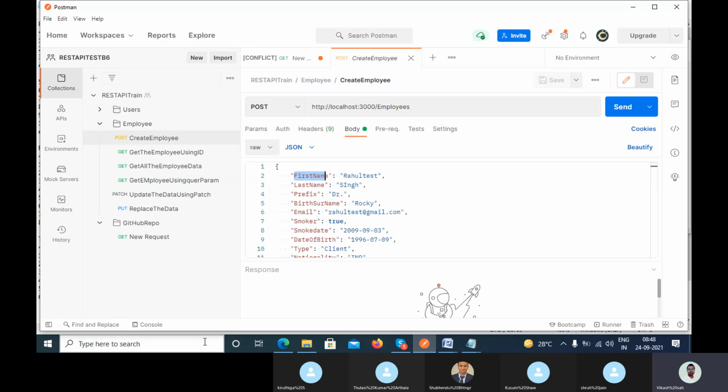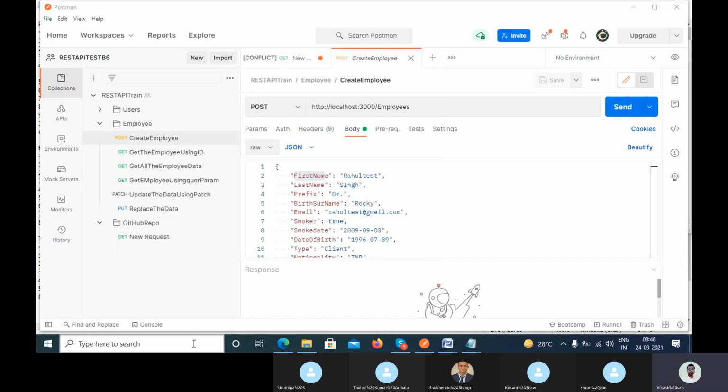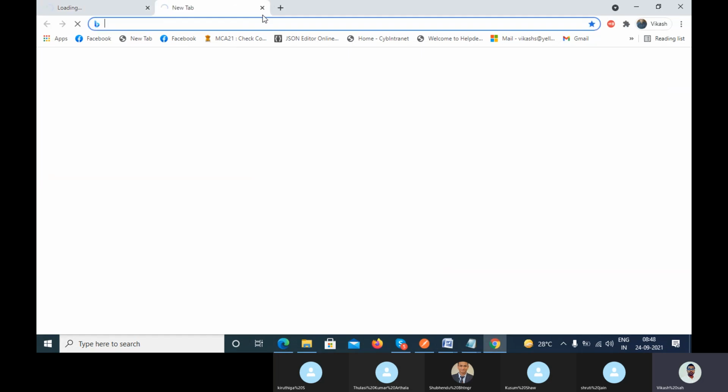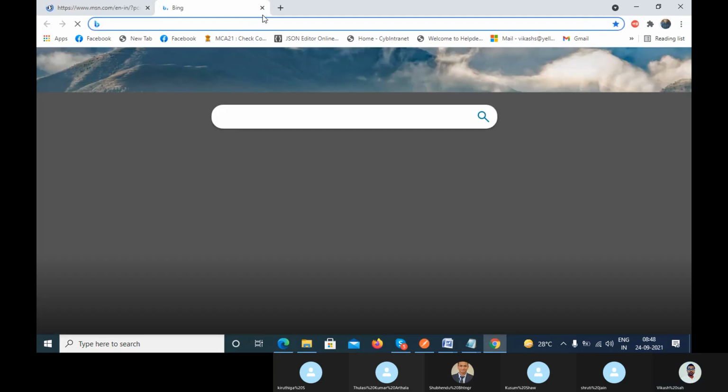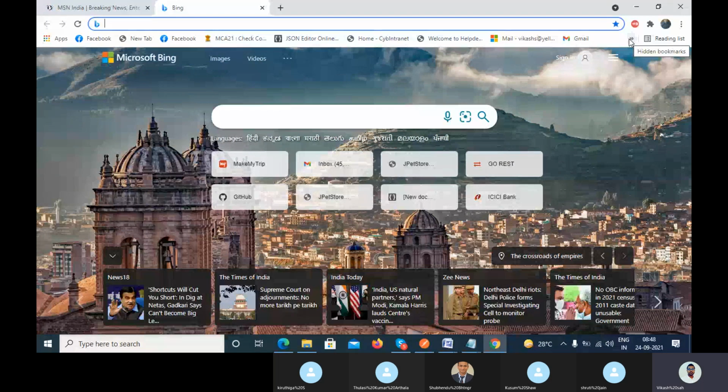Okay, let me go to this particular one. But we don't have something like the URL, it will not be given, because just for testing purposes we ourselves create the employee information and test it. The interviewer will only understand your concept. Do you know the application or not, or have you really used the REST API or not.